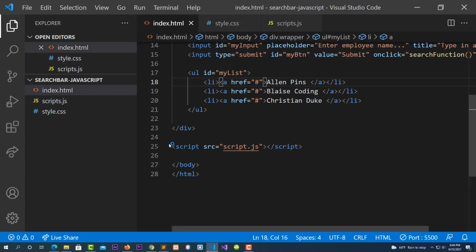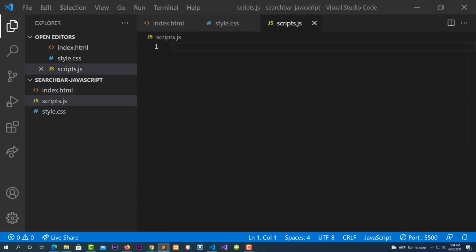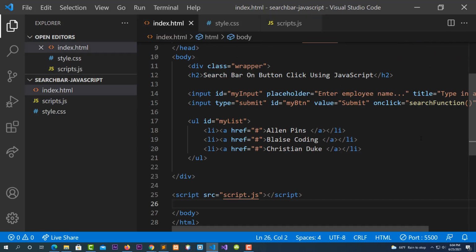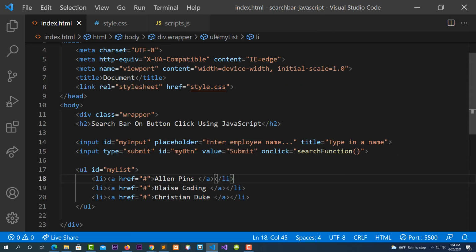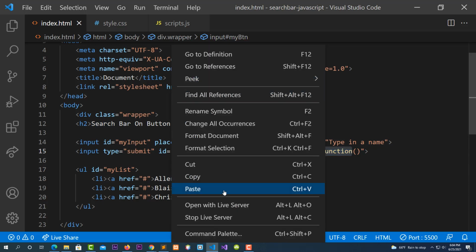Because if you go back to index.html, this is where we pass our script here. And let's add our script. I want to go back again to index.html. Let me do this. Remember, we have onClick, okay? onClick equals search function. You copy this,